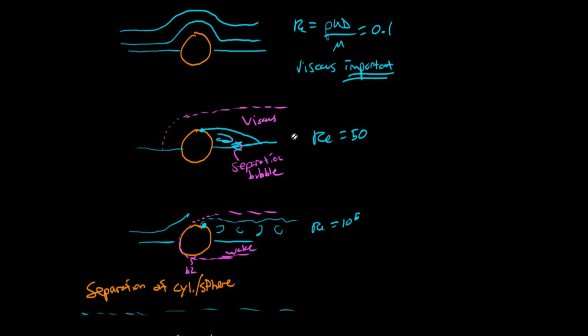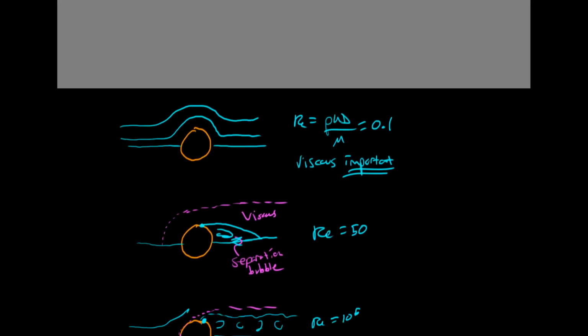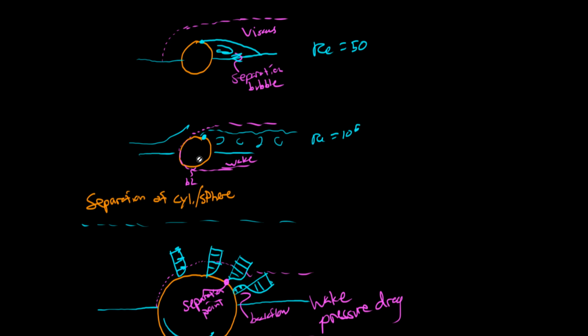If we speed up slightly, say a Reynolds number instead of 0.1 of, say, 50, what you start to get is this separation. What that means is that the flow is following along the cylinder, but at this point here, it lets go, and it just ignores that this is here. And so behind there, you'll get this little bubble of kind of recirculating flow, and you get this viscous region that appears that's quite large. And in fact, what's interesting is that this almost becomes like a false body. In fact, people have done some research with, could we use that to create lift, because the external flow outside of this is actually following that. And there's tricks you can do where you spin the ball and things like that that actually make it go up. If we go down to an even higher Reynolds number here, now the flow separates even earlier,